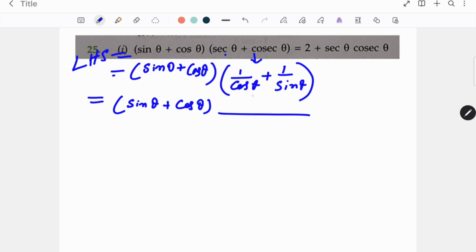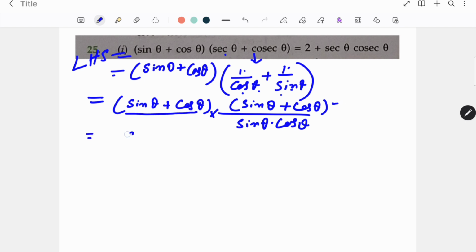This one will do the LCM. Sin theta into cos theta will be the LCM. Sin theta will be multiplied here, cos theta will be multiplied here, so it will become again sin theta plus cos theta. Now check this up, here multiplication sign is there, so up, this is also sin theta plus cos theta, this is also sin theta plus cos theta, so we can write sin theta plus cos theta whole square we got,